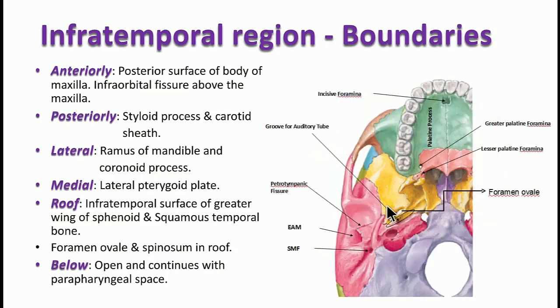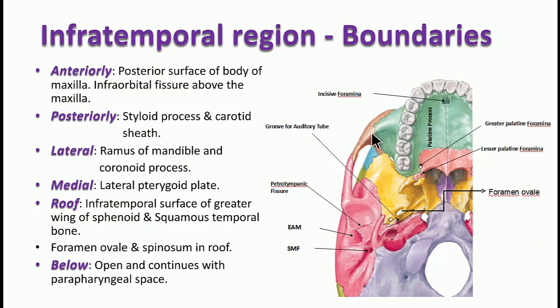So the infratemporal surface of the greater wing of sphenoid, which you are able to see here, and you come across the foramen ovale, and then behind that you see the foramen spinosum, and behind that you see the spine of sphenoid. This is your temporal bone, mainly the squamous part, which has the articular fossa, and then that is the articular tubercle. Through the articular fossa, the head of the mandible, or the condyloid process of the mandible, articulates, forming the temporomandibular joint.